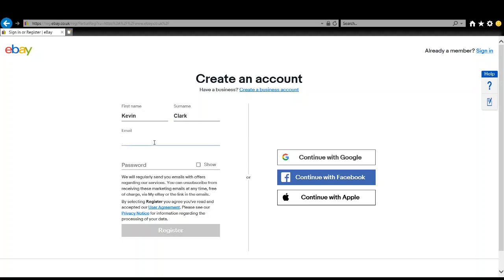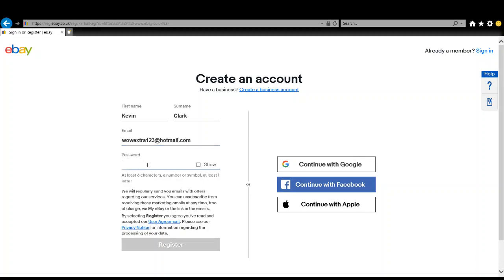Let's enter an email address. Your email address that you have access to and that you know the password for. This will be the email address that you will be logging into to confirm your eBay account. So let's enter an email address in here. hotmail.com, and then last but not least you're going to want to enter a password,